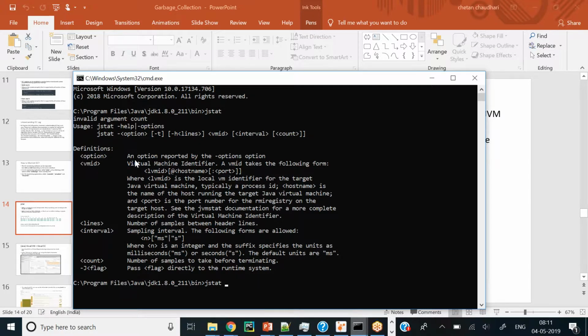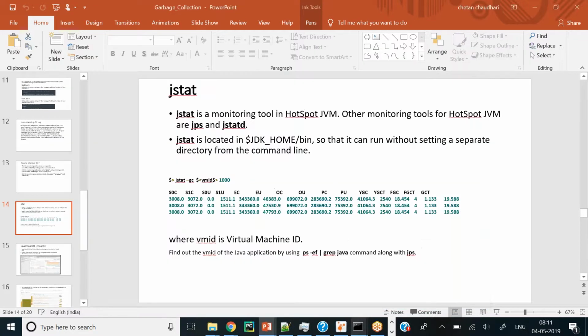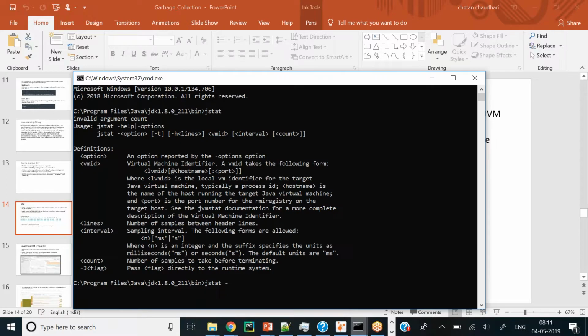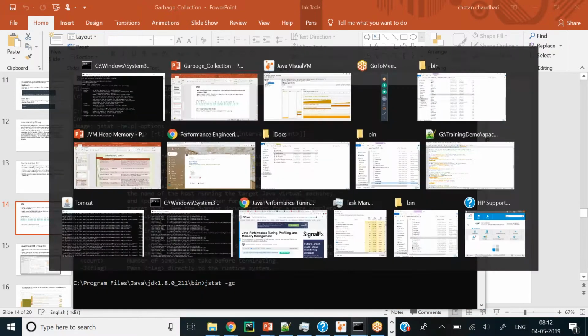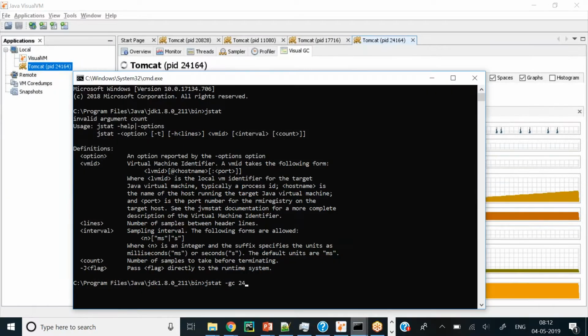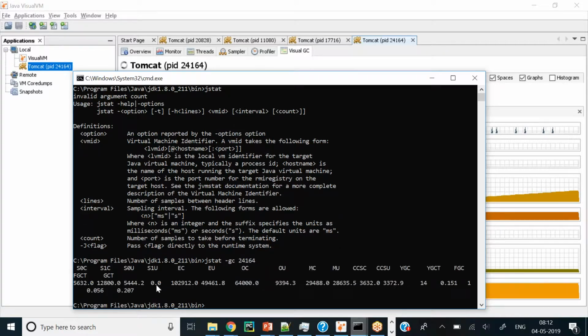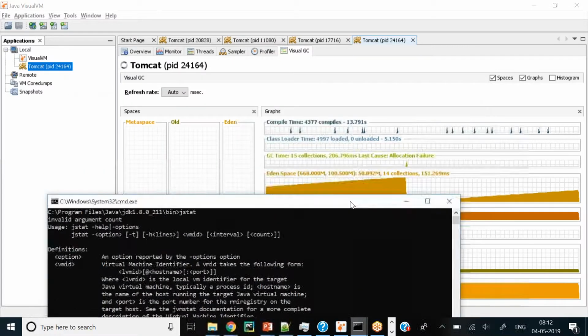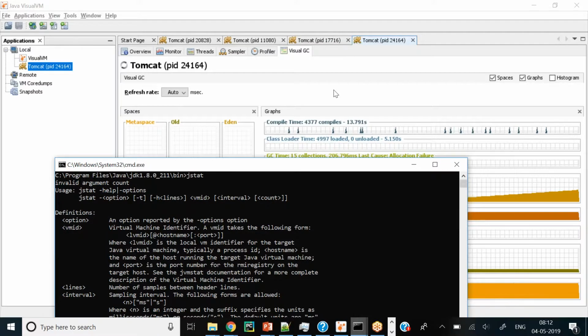Hyphen option, right? 24164. Now we can see that whatever information you are getting in Visual GC is now coming on your command line.